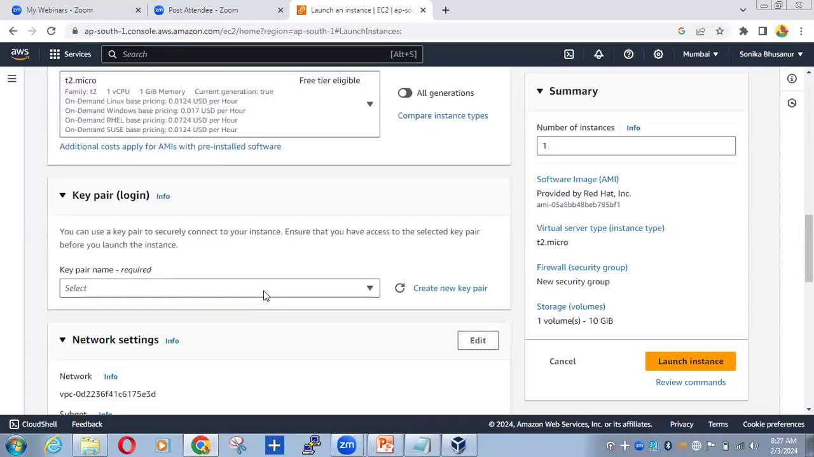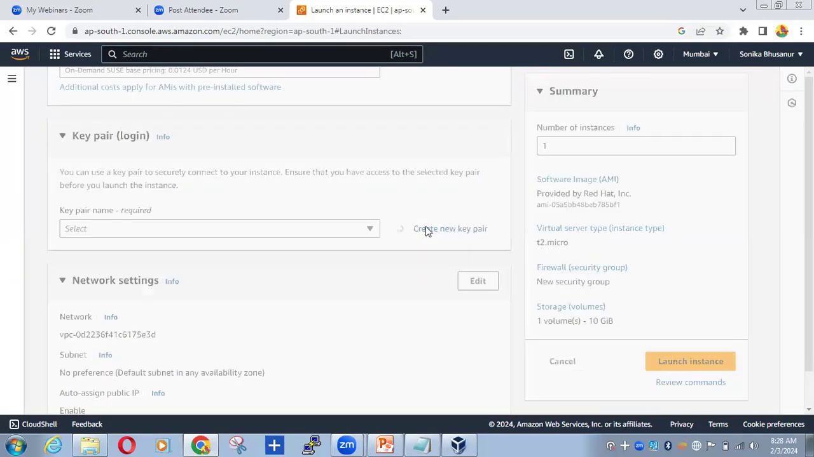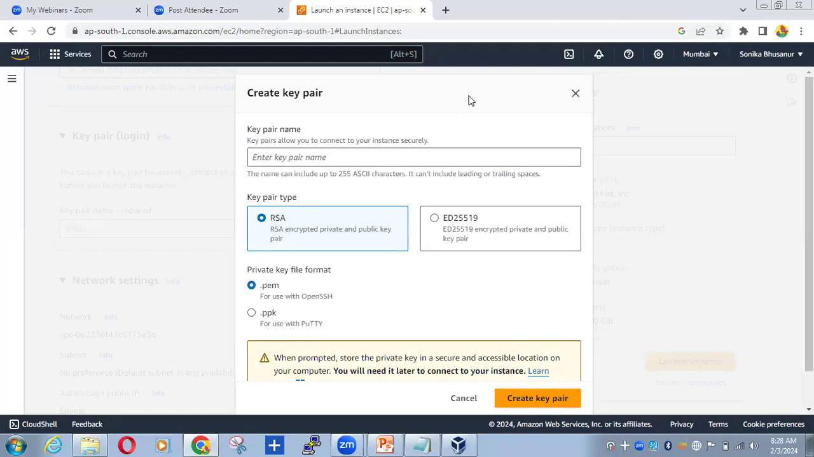Okay. So come down. Key pair. Key pair is a very important thing. These are, you can see, the login credentials to our server, to our EC2 servers that we are creating. Okay. So now let's create a new key pair. Once you click on create new key pair, you have to assign a name for the key pair. So as of now, I'm assigning it as